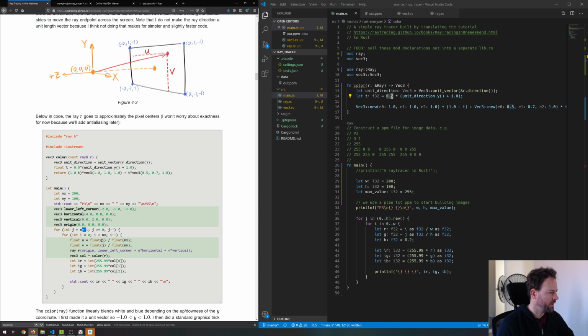And so what we're doing here is we're saying this is going to be a fraction. It'll start at 0, and then it'll be 1 over 200, 2 over 200, or 1 over 100, and so on. And we use that to basically create a different ray. And so what it looks like we're doing is we're starting at the lower left corner,